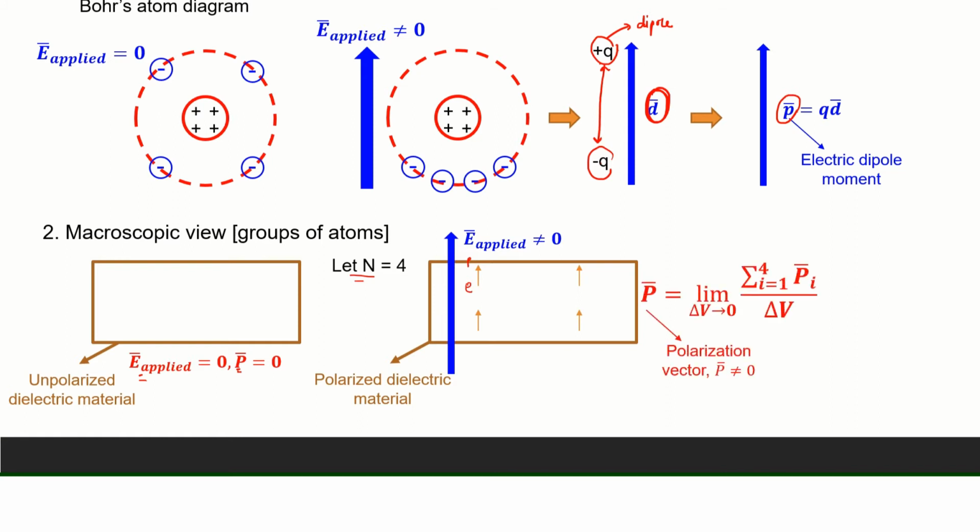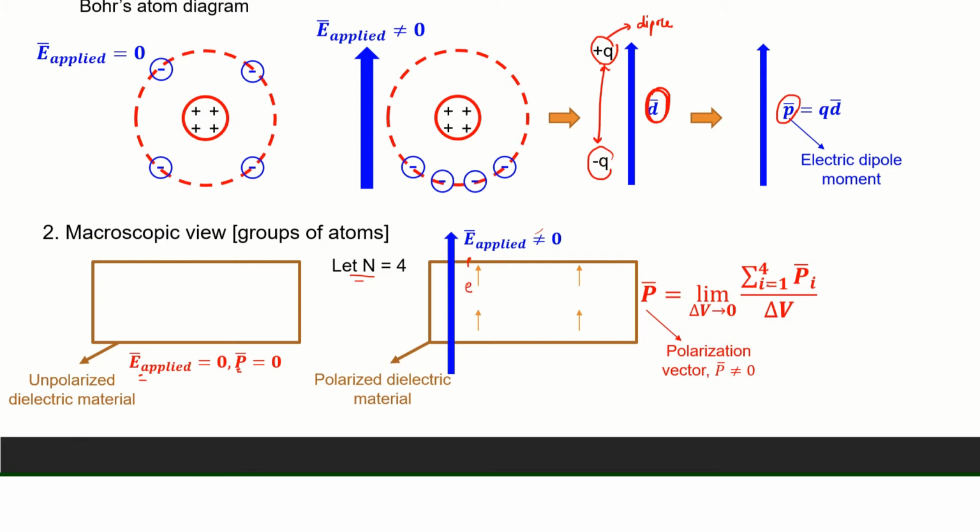since there is an electric field applied, and this is a polarized dielectric material, it means that P is no longer equal to 0. However, P can be rewritten as, where it is a vector, equal to the limit, when V is larger than 0, meaning that the volume of the medium is larger than 0, so it means that there are dipoles inside here, and the dipole is